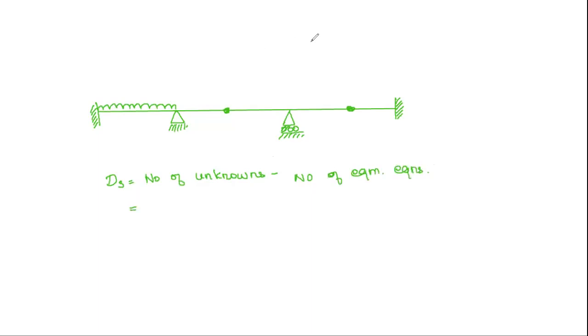So what are the number of unknowns? In the sums we have seen prior to this, there was no particular loading. Here a vertical loading is given, which indicates that there won't be a horizontal reaction. So what are the reactions? Vertical one, moment at this hinge location 1, and here 1, here also the same. So there won't be any horizontal reaction. Count the number of unknowns: 1, 2, 3, 4, 5, and 6.